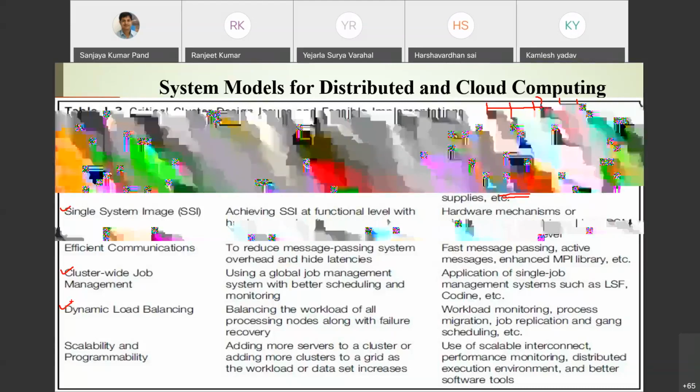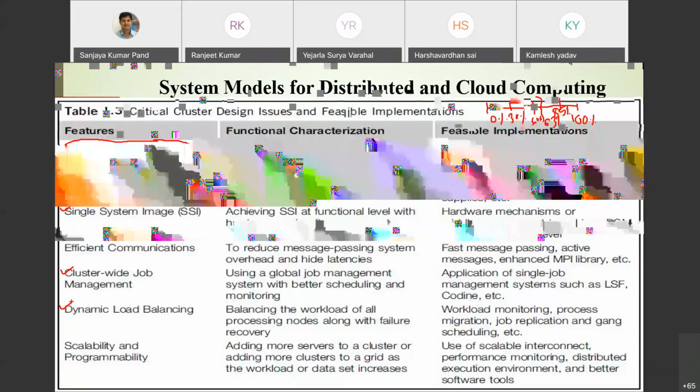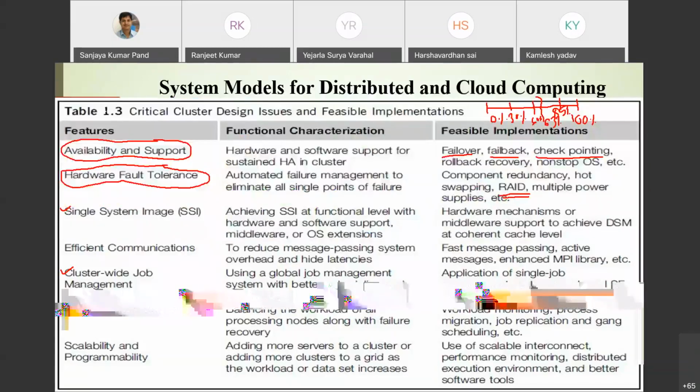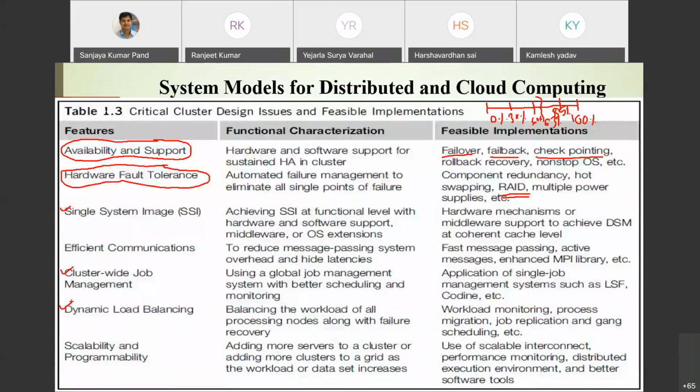The system makes tasks, right? So there are types of issues with respect to dynamic load balancing. And then scalability and programmability. Scalability says that upon your requirement you can increase the resources, or once your requirement is over you can also decrease the resources. I told you about big billion day: suppose Flipkart is using 100 servers, on big billion day it requires 200 servers. Once big billion day is over, it will go back to its original 100 servers. It will not require additional 100 servers, right? So that is the concept of scalability.